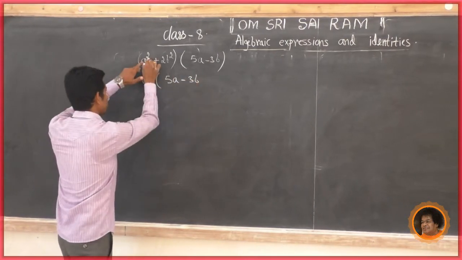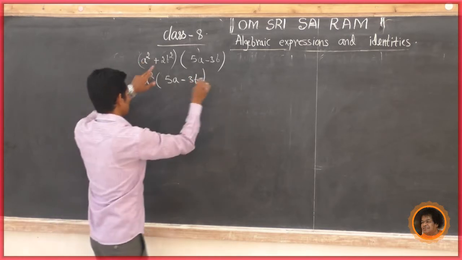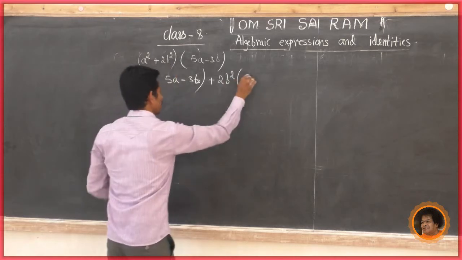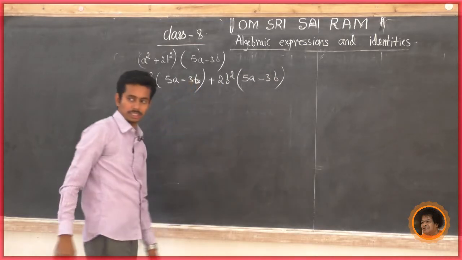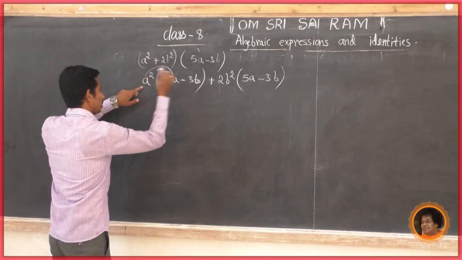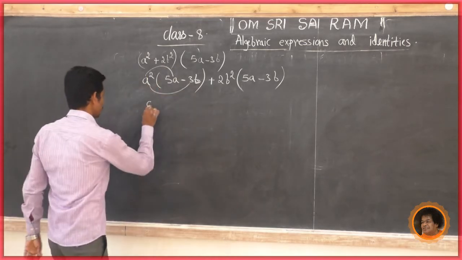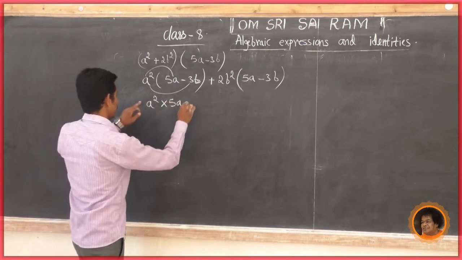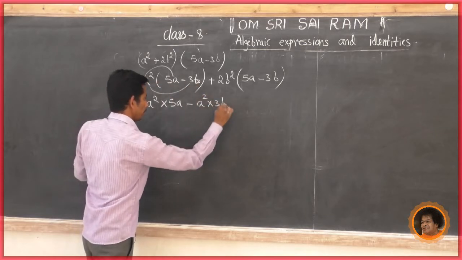First multiply this a squared into 5a minus 3b. After that, this plus 2b squared into 5a minus 3b. Now multiply this a squared into 5a, after that this a squared into minus 3b. So we get a squared into 5a, then minus this a squared into 3b,